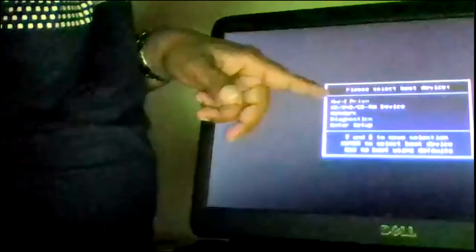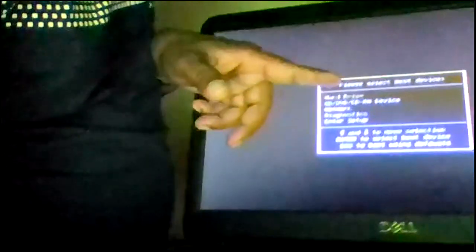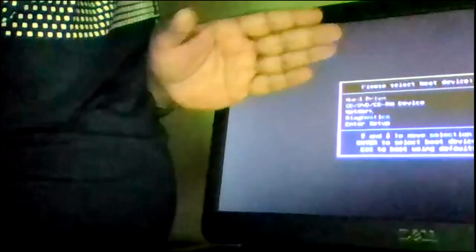Yes, sir. I have inserted this pen drive. Look at this. Here, it has already selected the hard drive to boot the computer. ඒ කියන්නේ මේකේ Windows දැනට